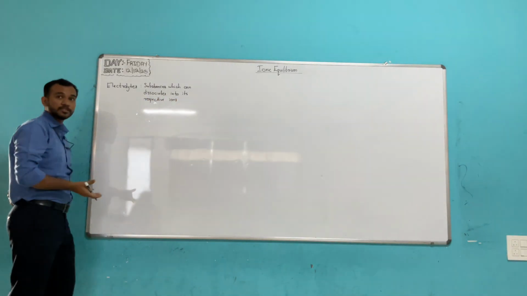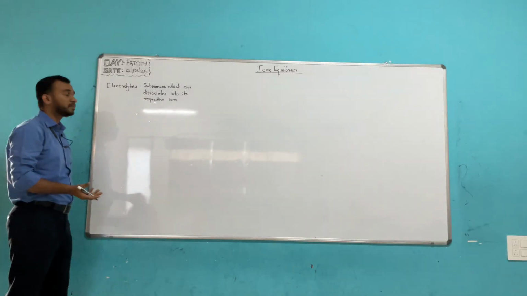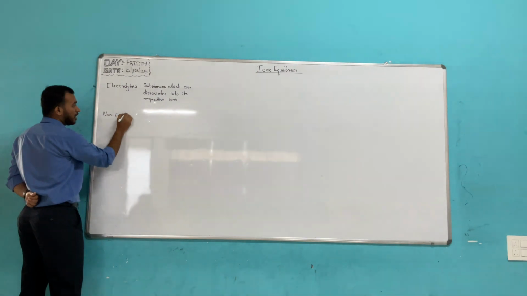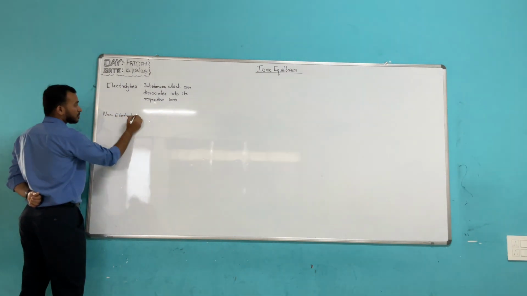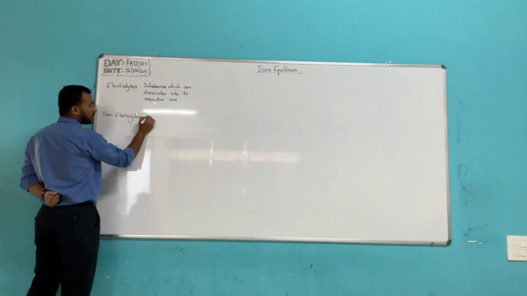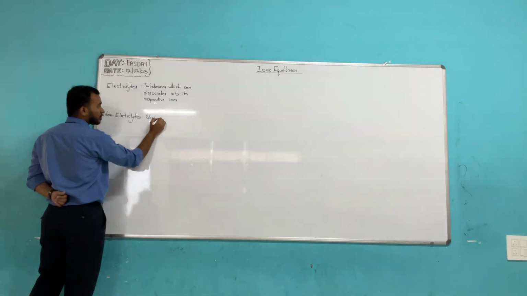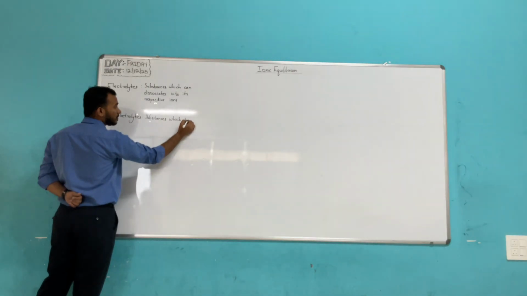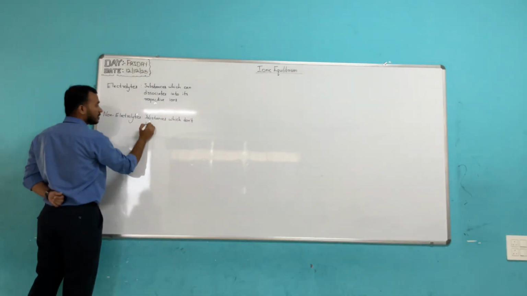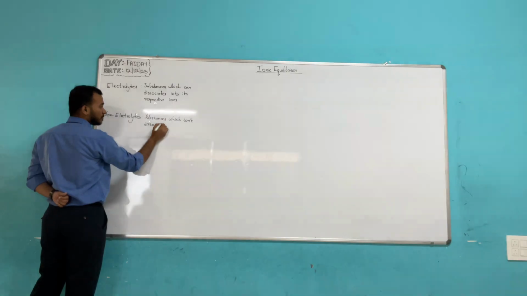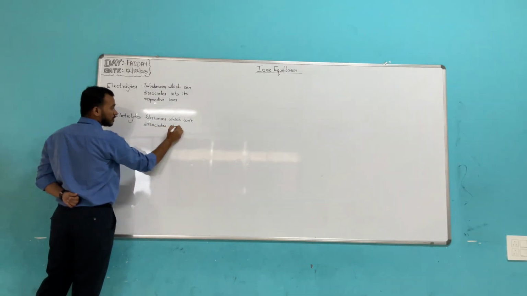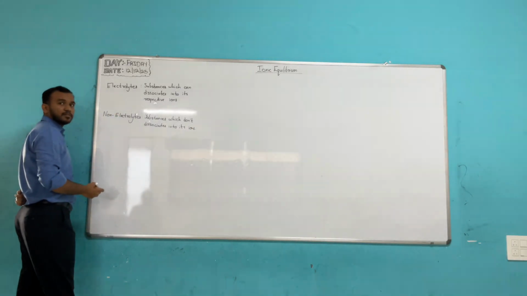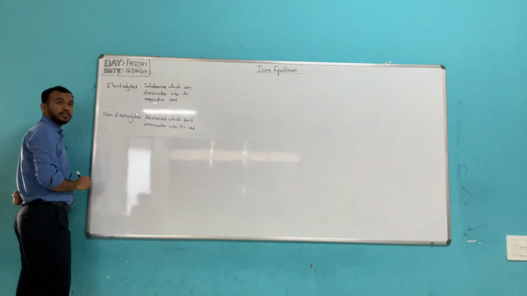And there are the substances which do not dissociate, right? So these substances are known as non-electrolytes. The substances which do not dissociate into its ions. Correct? Yes. So the examples of the electrolytes are,